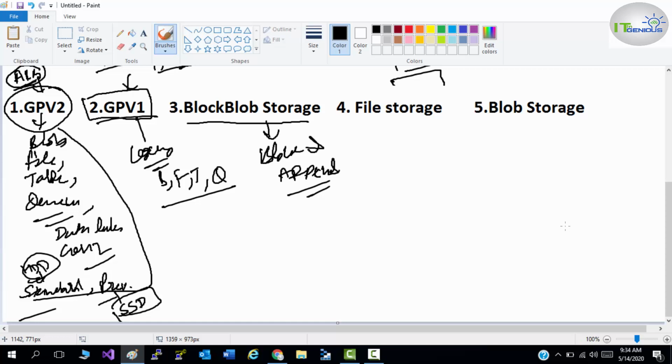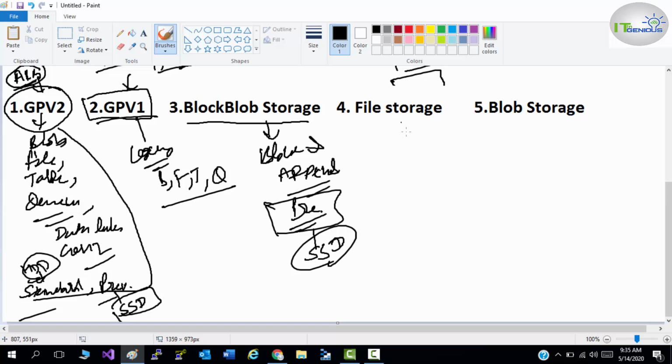You can store your unstructured data, your object files. It supports only one performance tier, which is premium. That means you will get SSDs to store your data, so you'll get better throughput and better IOPS.